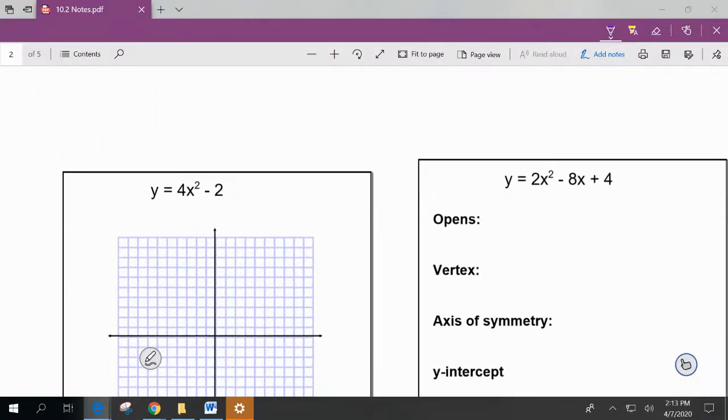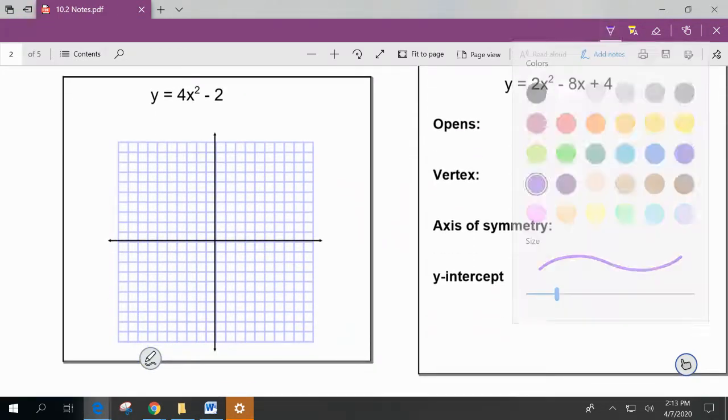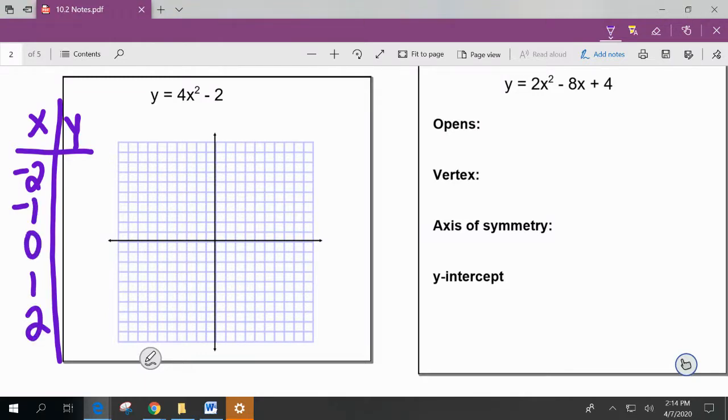Okay, so for the very first formula, y equals 4x squared minus 2, the one we just talked about, we are going to graph that. So if you make an xy chart, the numbers that we're going to use pretty much every time are negative 2, negative 1, 0, 1, 2. So what you would have to do is use your parentheses, plug in negative 2, parentheses squared, which is 4, times 4 minus 2. So you would get 14. Plug in negative 1, you would get 2, 0, negative 2, 1 is 2, and 2 is 14,